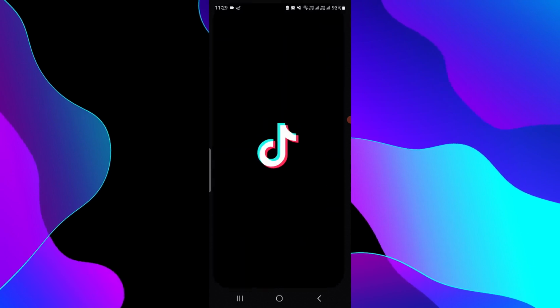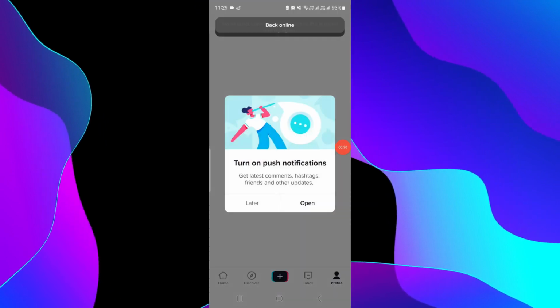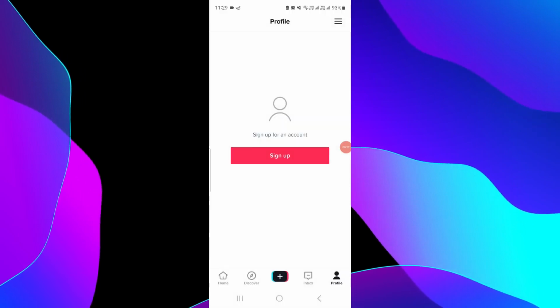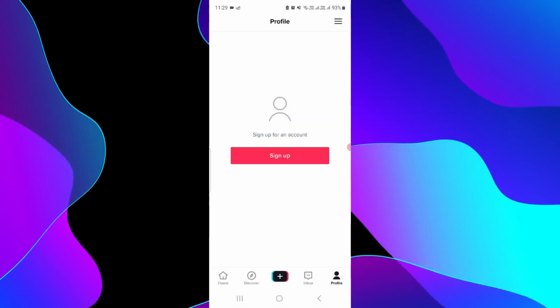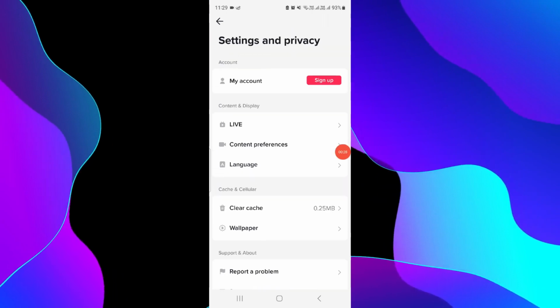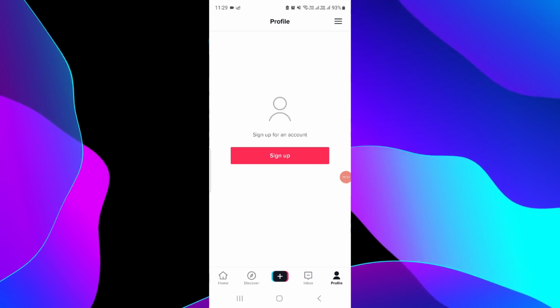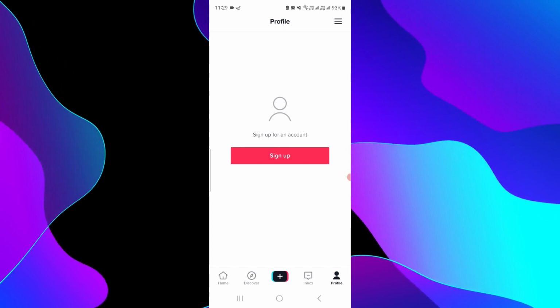Go to your profile here and sign in to your profile. Once you have signed in, look for your account section. For example, if you look at your wallet, it will show your money. Click there, click on your withdrawal points or the money option, and then you can just